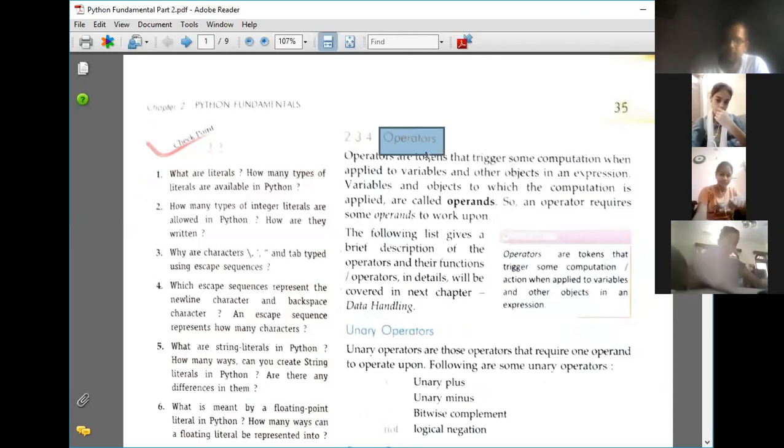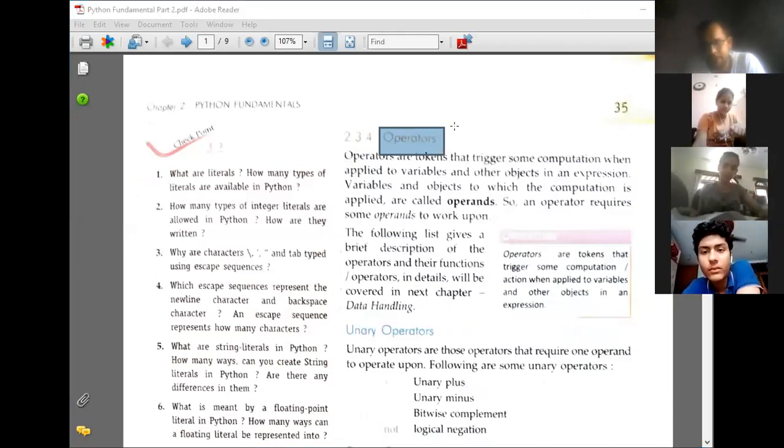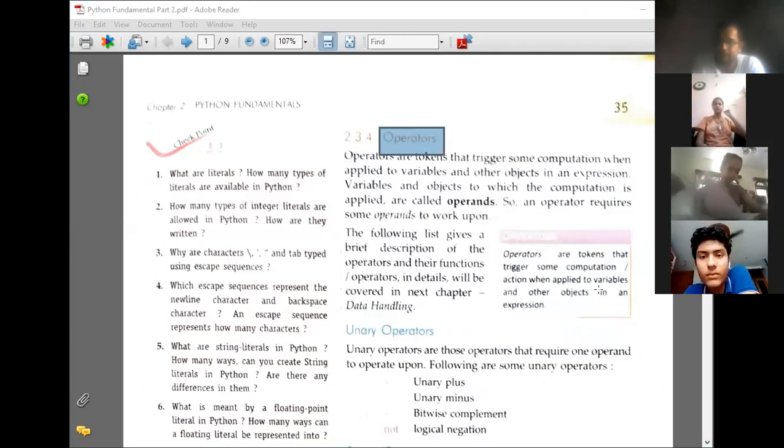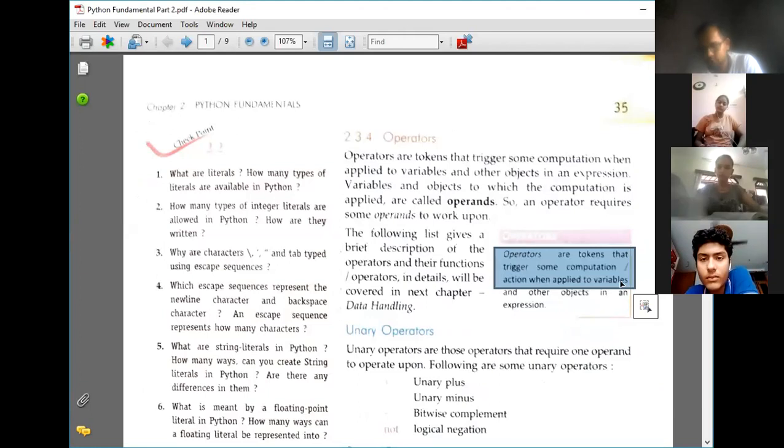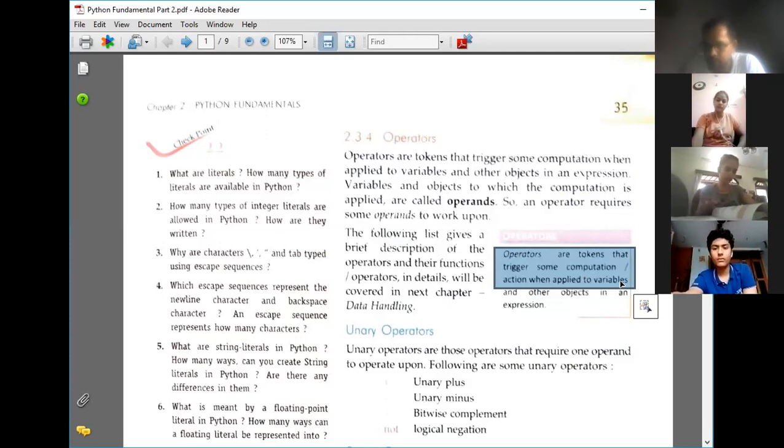Operator is used to perform some operation. So an operator is a part of the token that triggers some computation or action when applied to variables. Suppose we want to add two numbers, A and B. These two are variables because their values can be changed during the execution of the program, and in between we want to add.